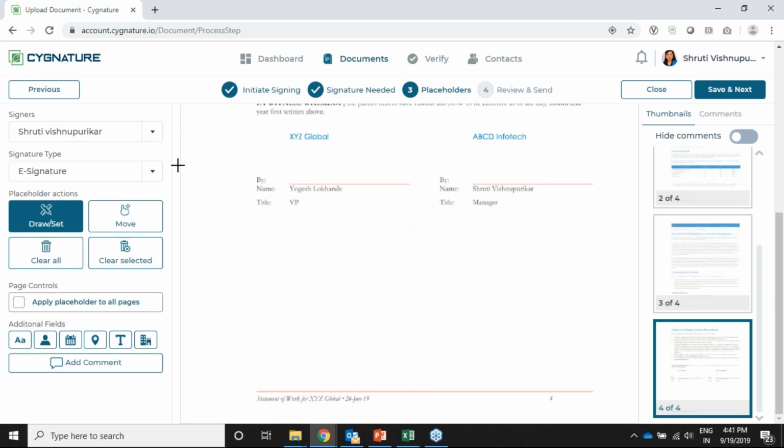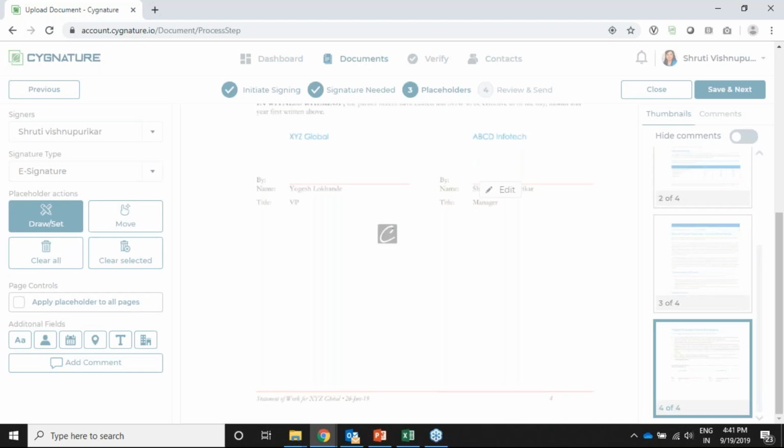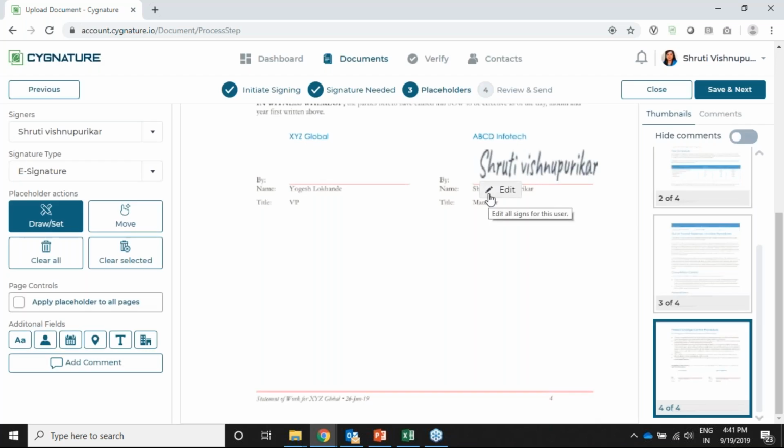Yeah. Okay. So for myself, I'll be signing here. Okay, so that's it. So in just one simple step, my sign comes and pops up. So even if I am the single person who's going to sign this document, I can just do it in the 3-step process. I don't need to review and send the document, again open the application, again sign the document. So this is one feature we've come up with.